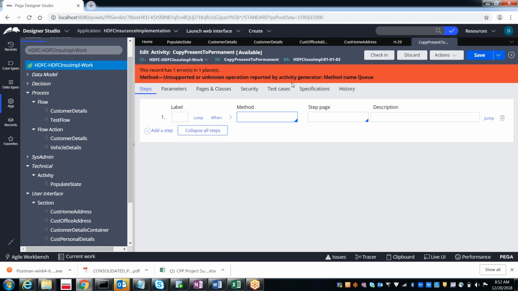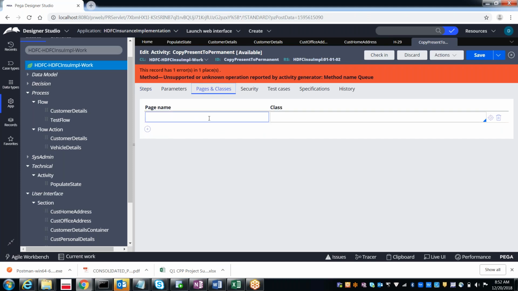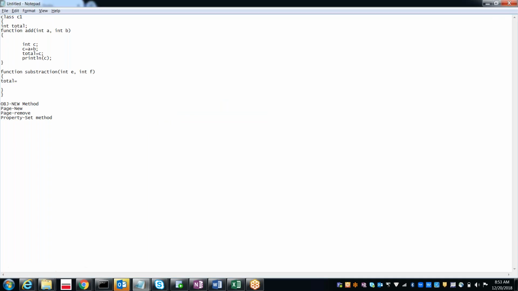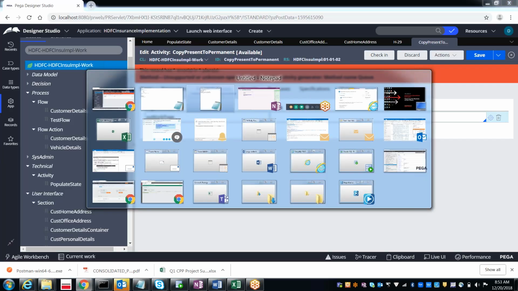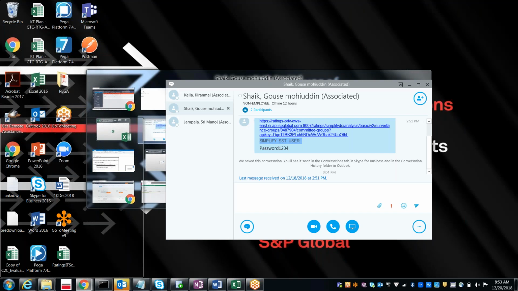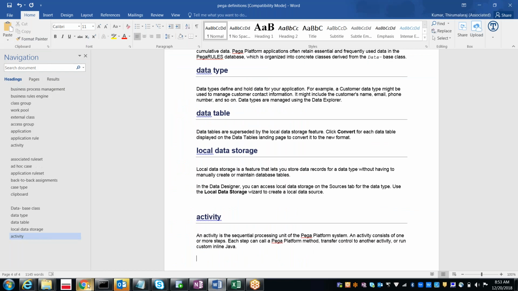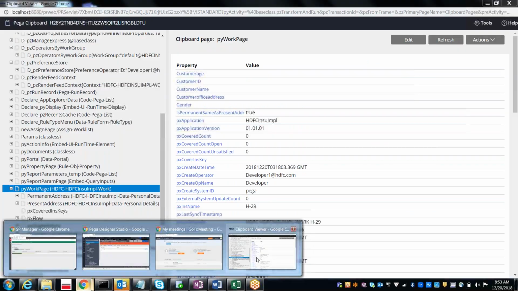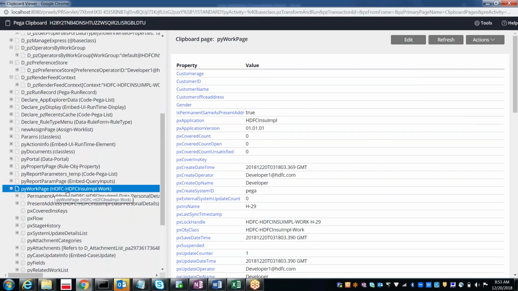If you want to have access to the PY work page, where you need to declare this page, where you need to specify this page, is under the pages and classes. Under the pages and classes you specify PY work page. Which class does it refer to? PY work page refers to HDFC insurance implementation work.